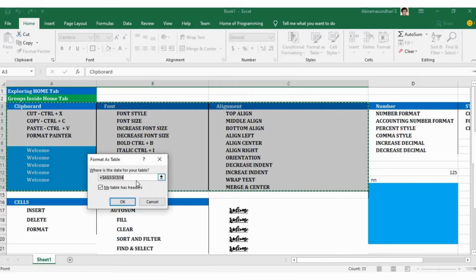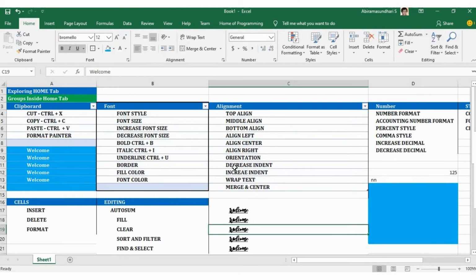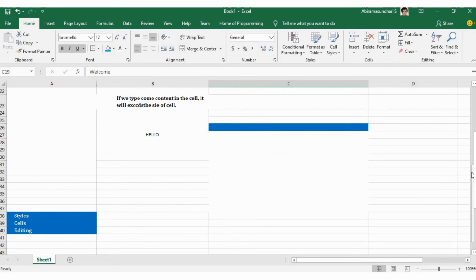When I select a design option for formatting my table, it will show the rows and columns that have been selected already. If it is okay for you, you can click on OK. Now it has been changed to columns. Again, if you want to see it clearly,